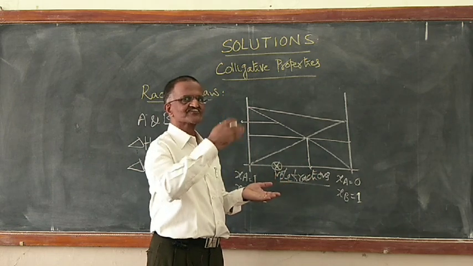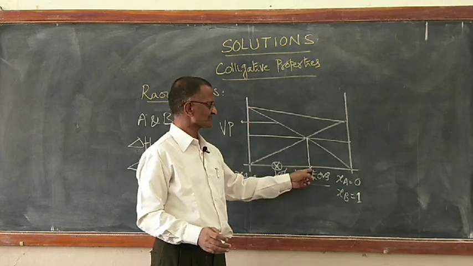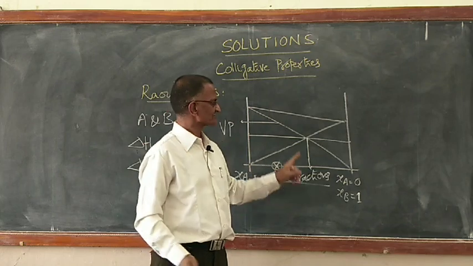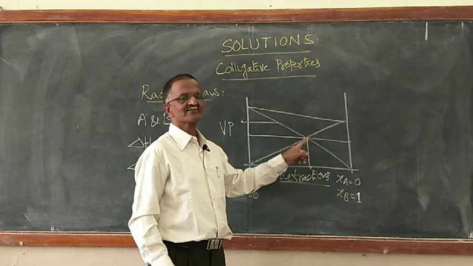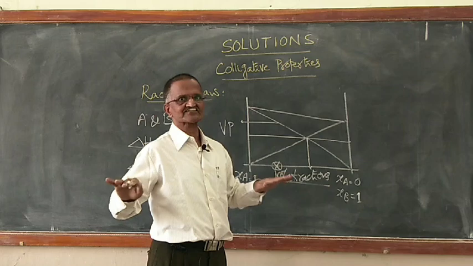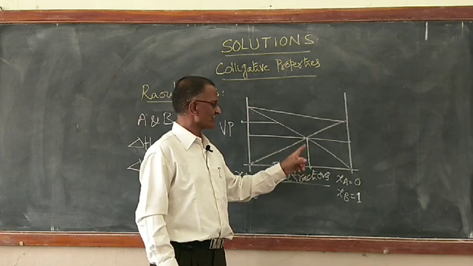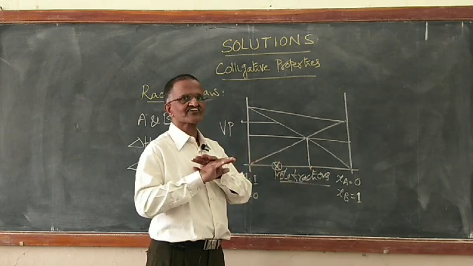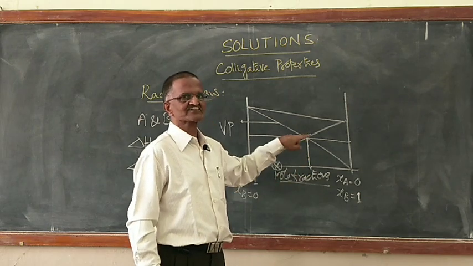And once it reaches that composition, what is going to happen? You are thinking that you are doing distillation and you are doing separation. But what is it that is coming out from that composition? Both will be coming out the other side. You are just shifting. That means your composition has changed to a mixture wherein components cannot be separated. That means there is a mixture. So when A and B are present in a particular composition, A and B are there, but afterwards you can't separate them. So there is a name for that composition.